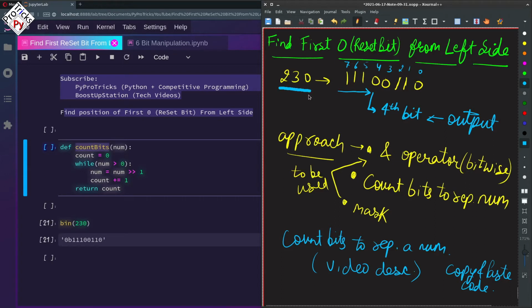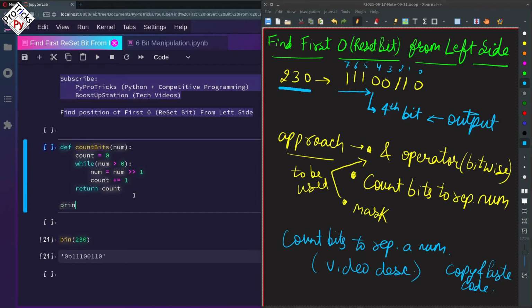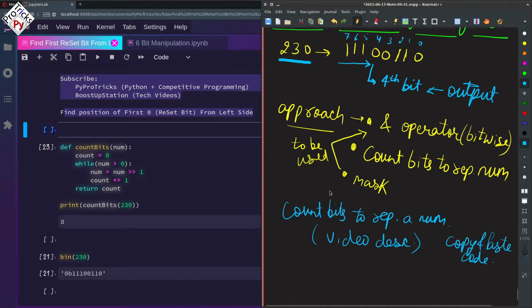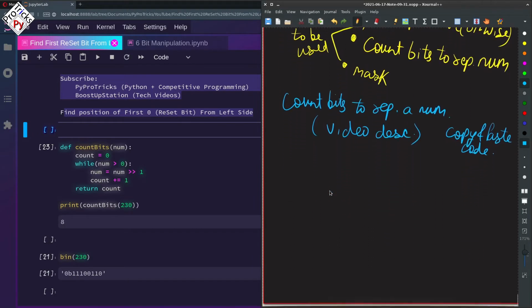Like for 230, we have 8 bits to represent the number, starting from 0 to 7. And now if we run this function count bits on 230, we get 8 as the answer, right? So we have 8 bits. Now that we have the number of bits to represent a number, let us proceed further.